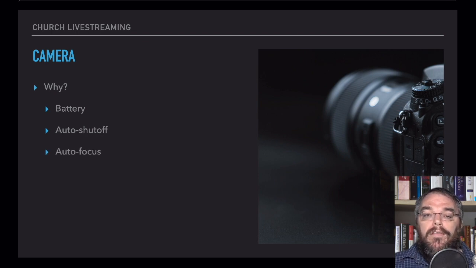Autofocus. As I mentioned before, webcams, their autofocus, if they even have it, isn't the best. It's slow because it's designed for someone doing what I'm doing, just sitting in front of a camera and talking to it, like you would in a Zoom meeting or something like that. They're not designed for preachers that tend to move. Some don't. You get the preacher that stands perfectly still in front of the camera and just speaks, and the only thing that moves is his lips. But then you get those that are more expressive. They want to move backwards, forwards, to the left, to the right, and that causes you quite a problem